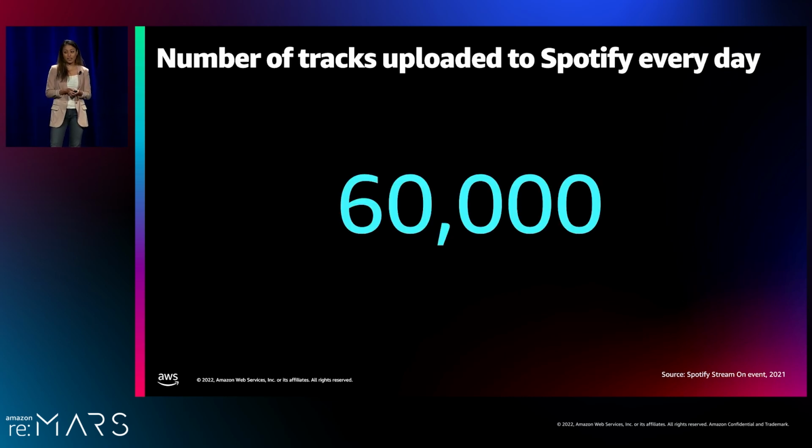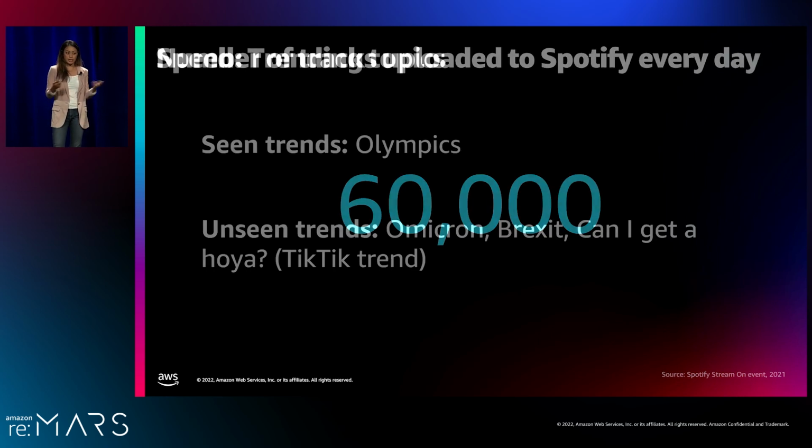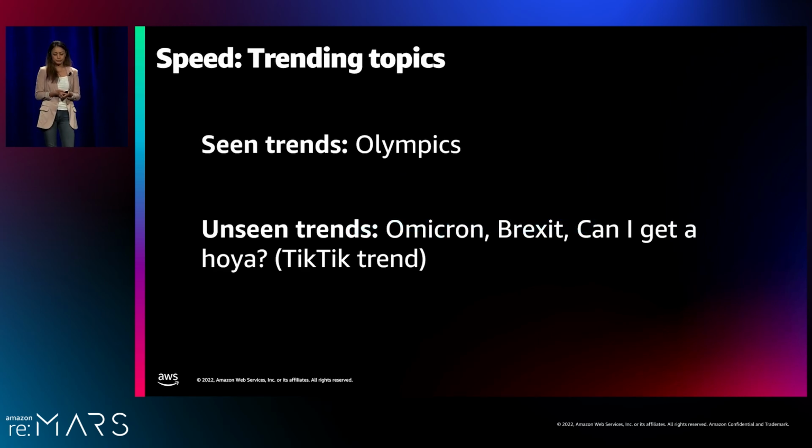It's 60,000, and that's in one day. And so again, our system really needs to keep up with the speed of information as well to facilitate our customer needs. Speed is also very important. As I mentioned, self-learning enables us to move much faster without humans in the loop. And so speed is specifically important because of trending topics.